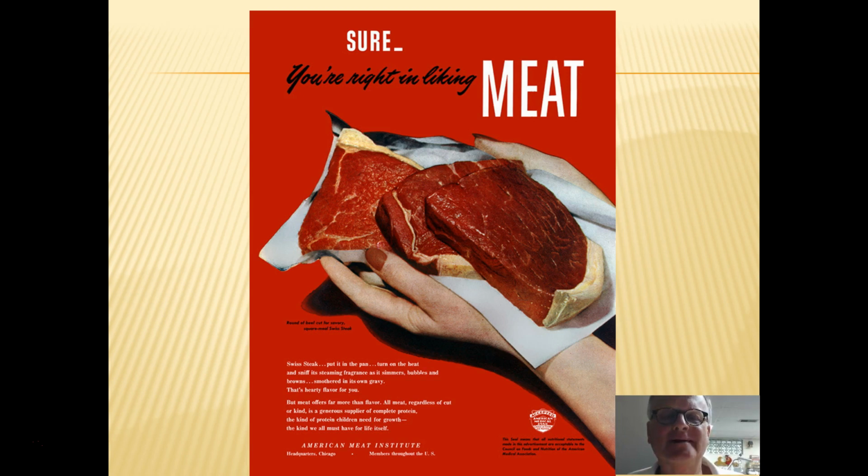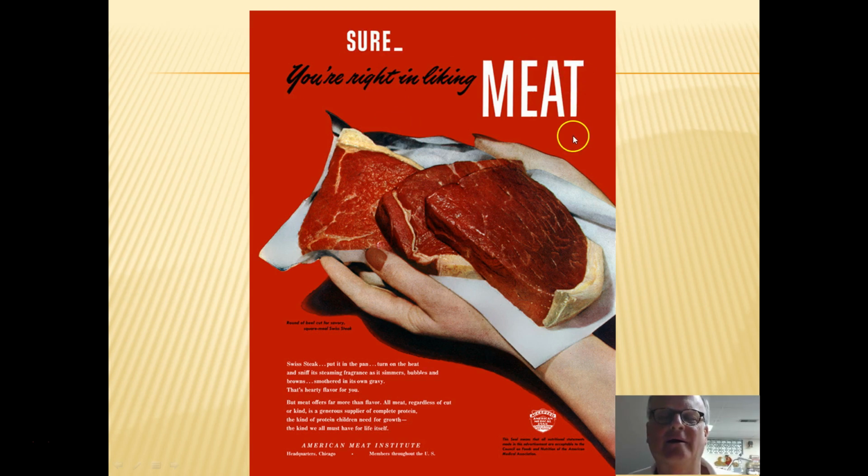This is the first one. This is really an ad. This is one actually from my childhood. The idea here is this is put together by the American Meat Institute, which is a lobbying organization for people to eat more meat. This ad comes from like 1961 or 1962. You can see here a couple of things that's meant to draw us in.